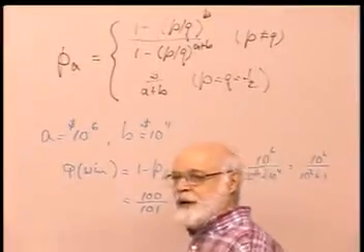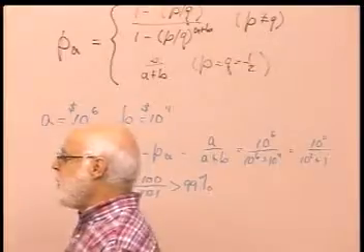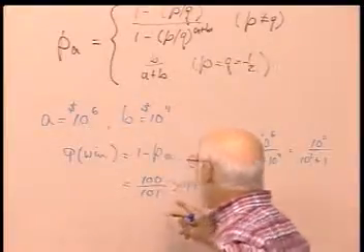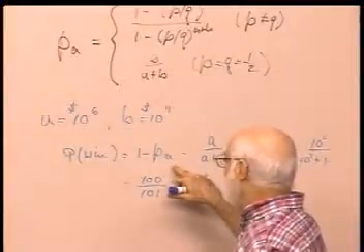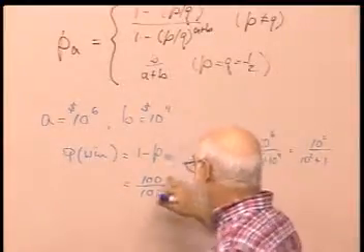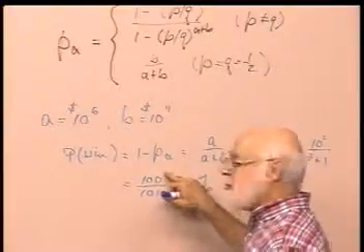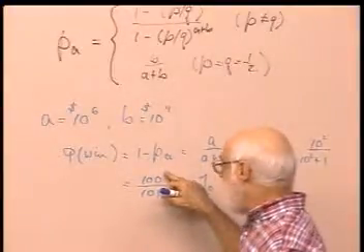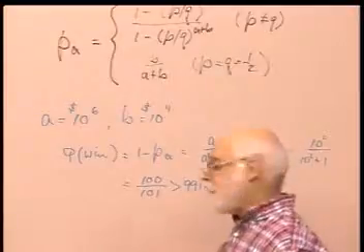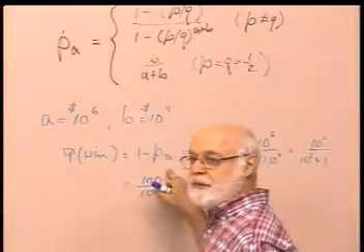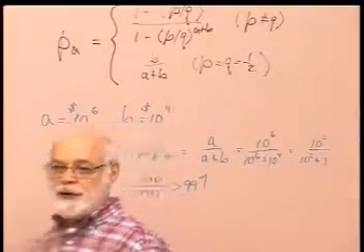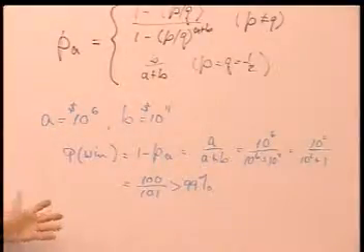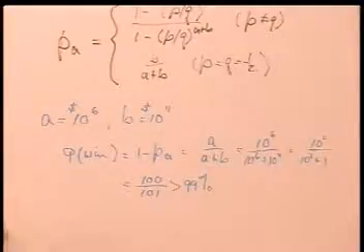But what does that indicate? Does that mean that there's some strange thing going on here? And the answer is, well, no, because what's happening here is this says that the probability that he wins is roughly 100 times out of 101. So that means that 100 times he wins $10,000, and 1 time he loses $1 million. But 100 times 10,000 is 1 million, so in the long run, his losses and his gains are going to come out to be the same. They're going to cancel each other out. This is, as I said, a fair game. In other words, in the long run, it doesn't make any difference. But in the short run,